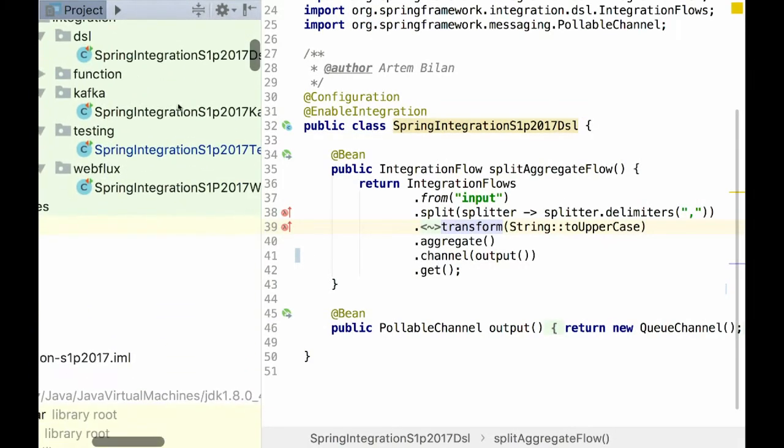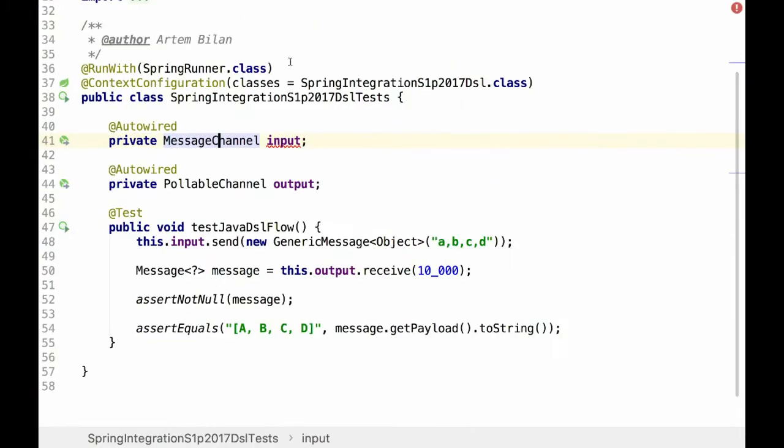A simple test case will demonstrate how it works. We use standard Spring Framework test components and send a message into the input channel and expect some aggregated result as output.